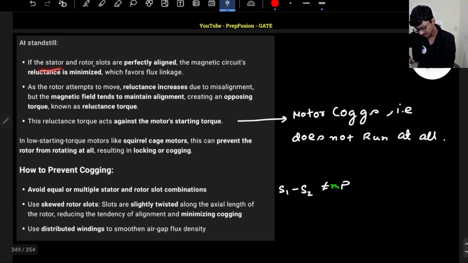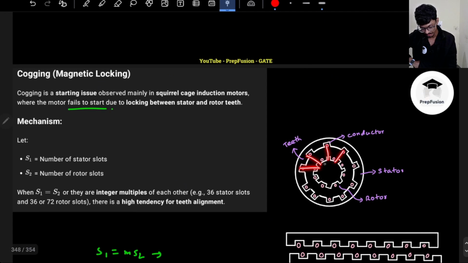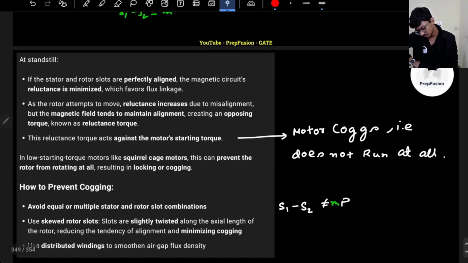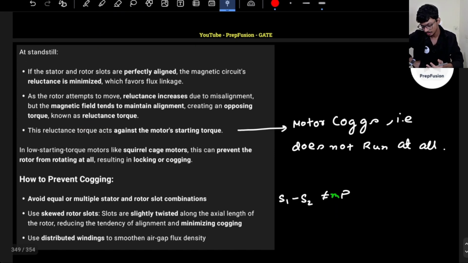So at standstill, if the stator and rotor slots are perfectly aligned to each other, the magnetic circuit reluctance is minimum, which favors the flux linkage. So flux is already linked between the stator and rotor. As the rotor attempts to move, the reluctance increases due to misalignment between the magnetic fields. Initially the reluctance was minimum, so the flux was linking. Now as soon as it tries to move, the reluctance becomes very high due to non-linkage, and due to that it is not able to rotate properly. Due to that, a reluctance torque is generated that will oppose the magnetizing torque that the stator wants to develop. Due to that, the motor will fail to start,